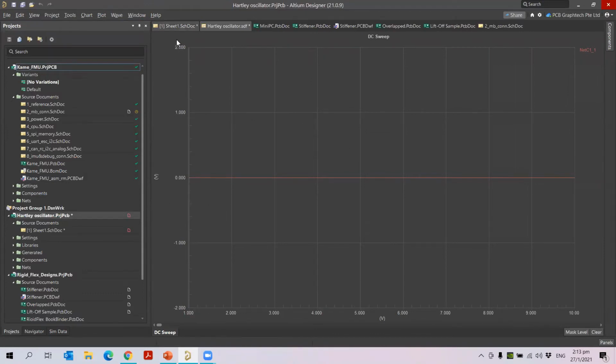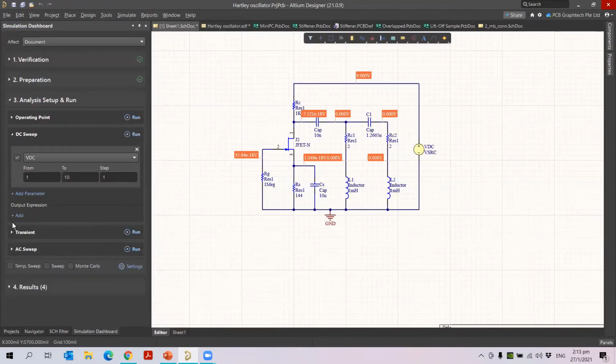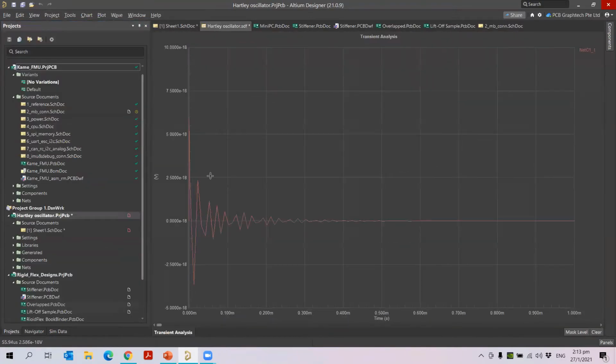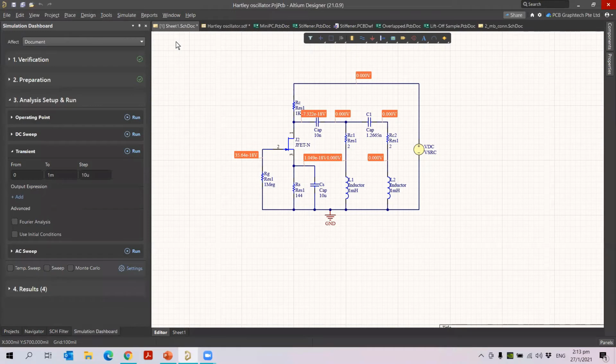Okay, in a similar way you can do the transient analysis also. Transient analysis varies from 0 to 1 milliamps, and then you can go for the transient analysis, just run here. So you will see the output. Okay, the waveforms like this you will see here. Okay, time versus the voltage. So you will get the different waveforms based on the different analysis. Okay, and in simulation analysis, you will see all the output values.